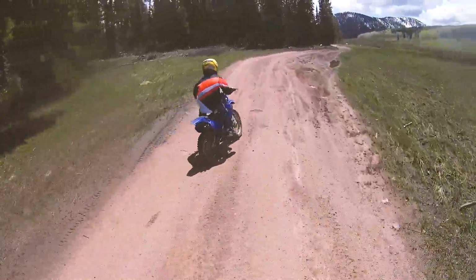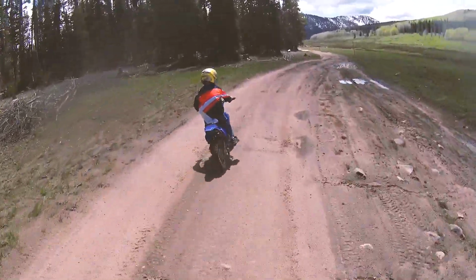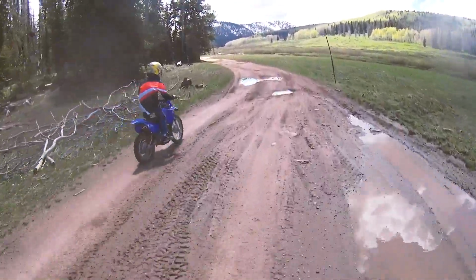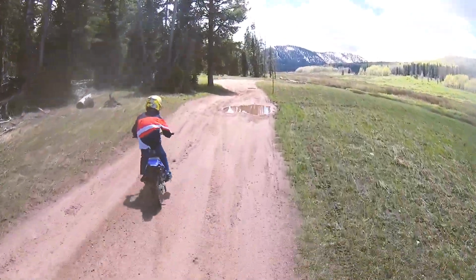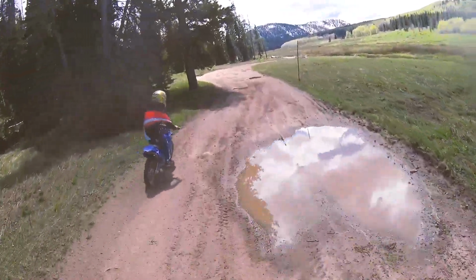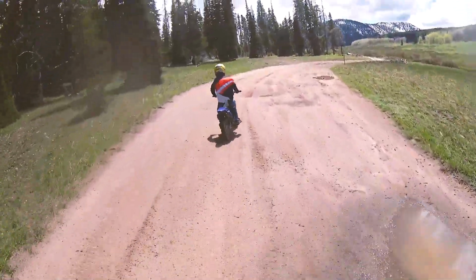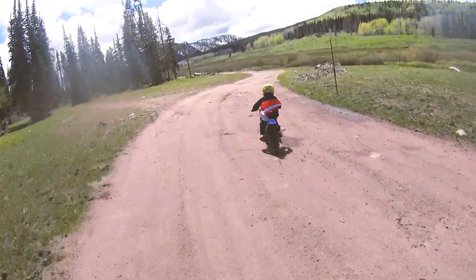There you go. That's it. Keeping your body nice and neutral, a nice light grip on the handlebars. That's it. Good job. We're just clipping along here at about 15 miles an hour, just a nice slow pace. And what he's practicing is, instead of weighting the outer peg and doing all that confusing stuff, what we're going